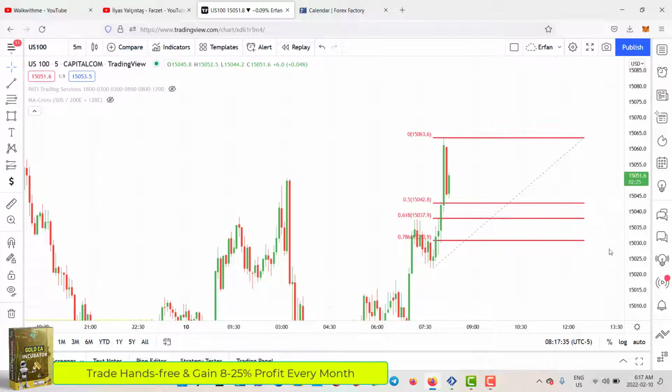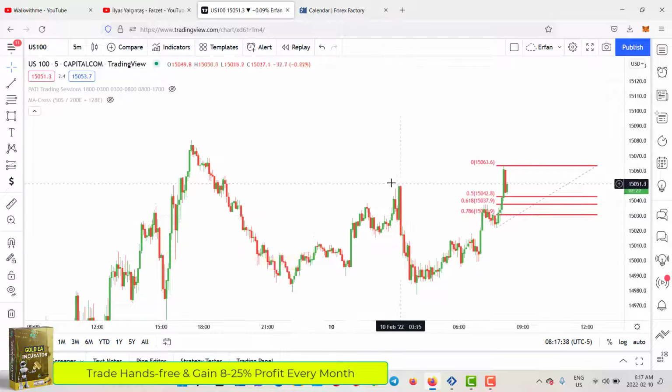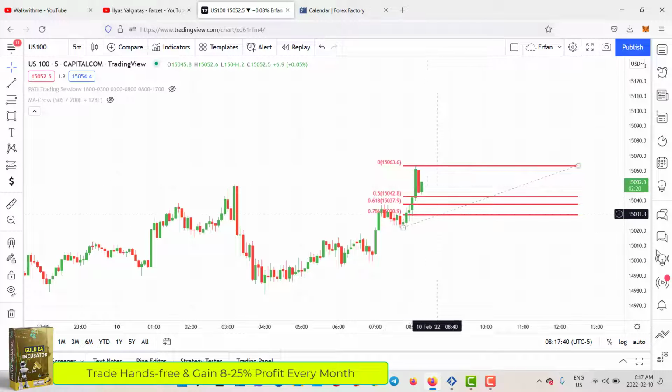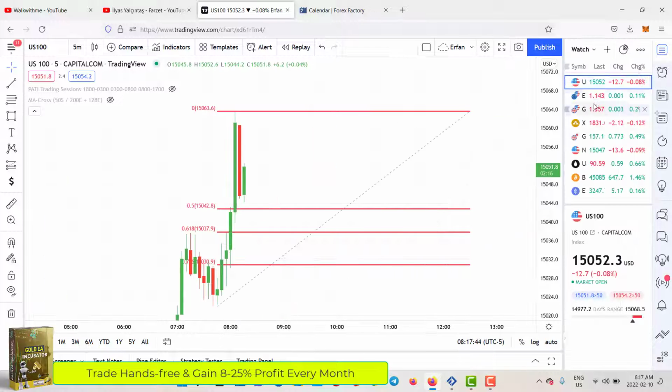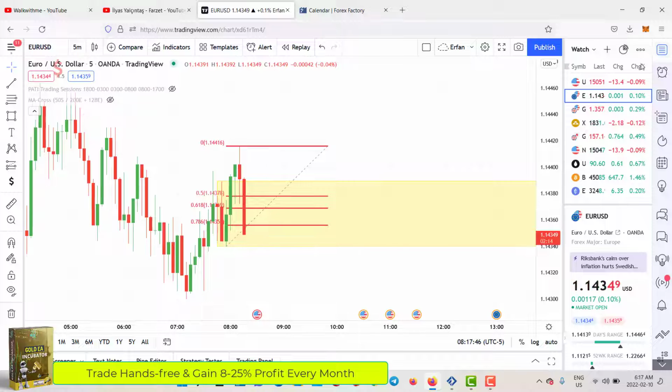Okay, see, guys, we have this Fibonacci for NAS100. I just drew it out of nowhere, and the same thing happened. Liquidity is grabbed. Now it's correction. We have this Fibonacci level here, and then we're done. Okay, so